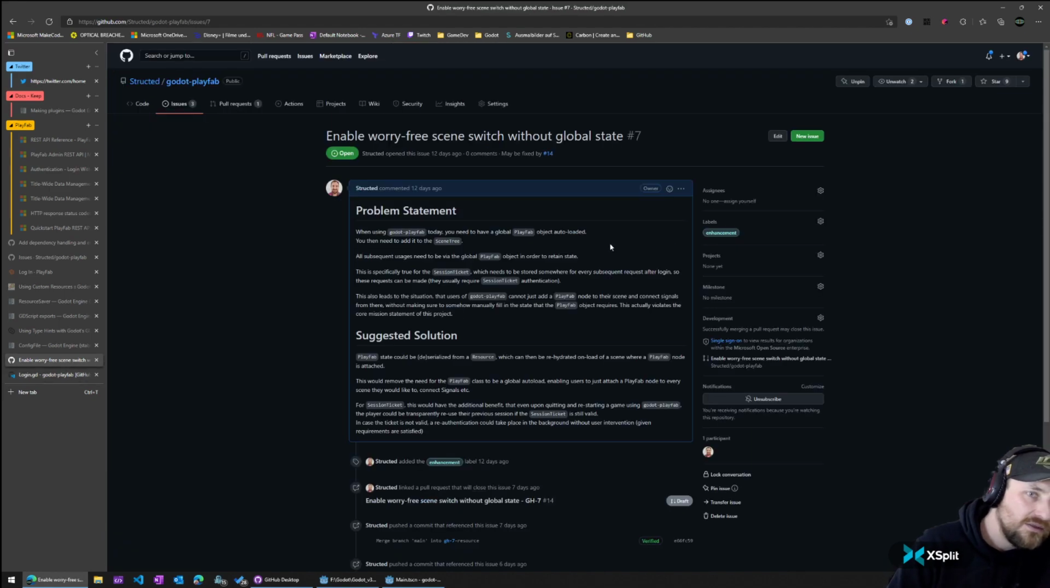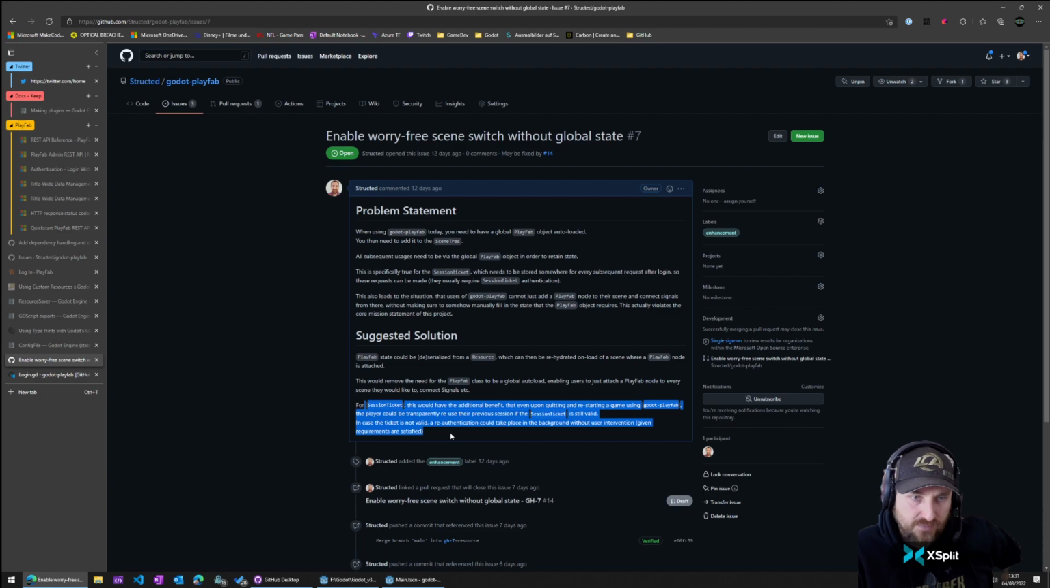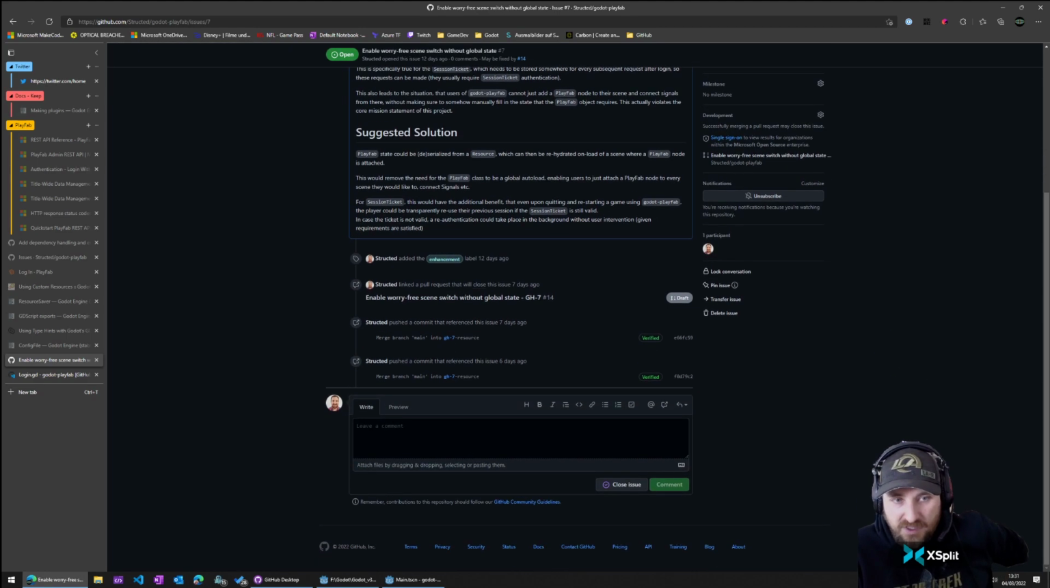So in this issue, I described that the playfab state could be deserialized from a resource, and serialized from and to a resource, and can be rehydrated on load of a scene with a playfab node that is attached to the scene. And this would remove the need for the playfab class to be a global autoload, and we could store the session ticket in there. So in fact, I've actually implemented this,